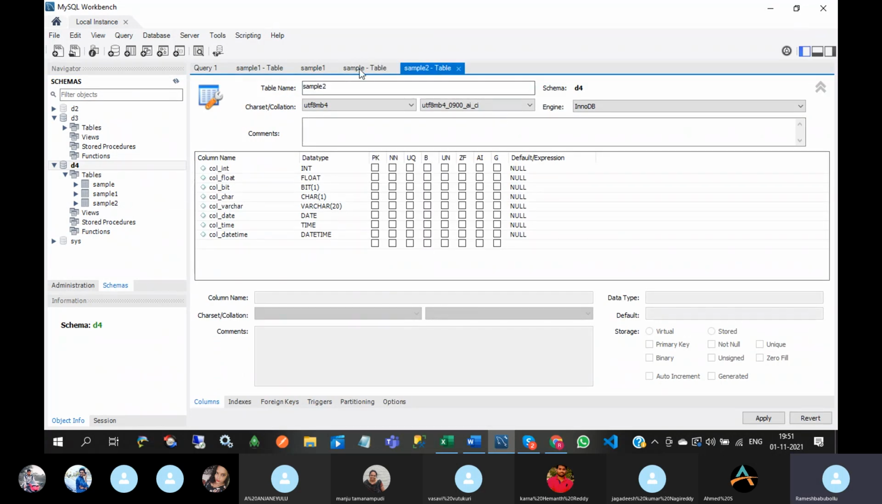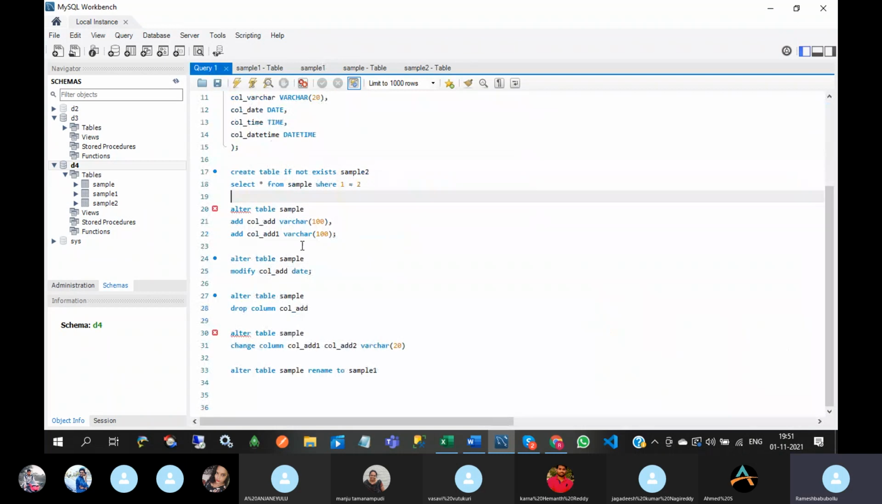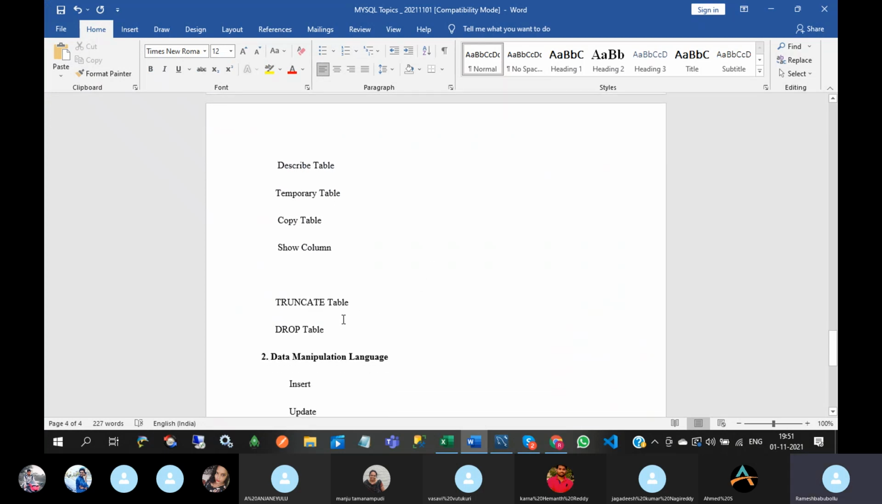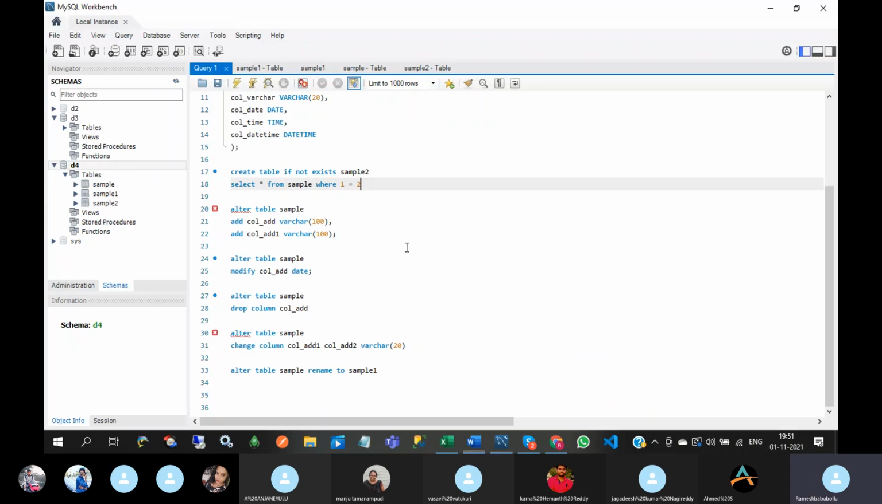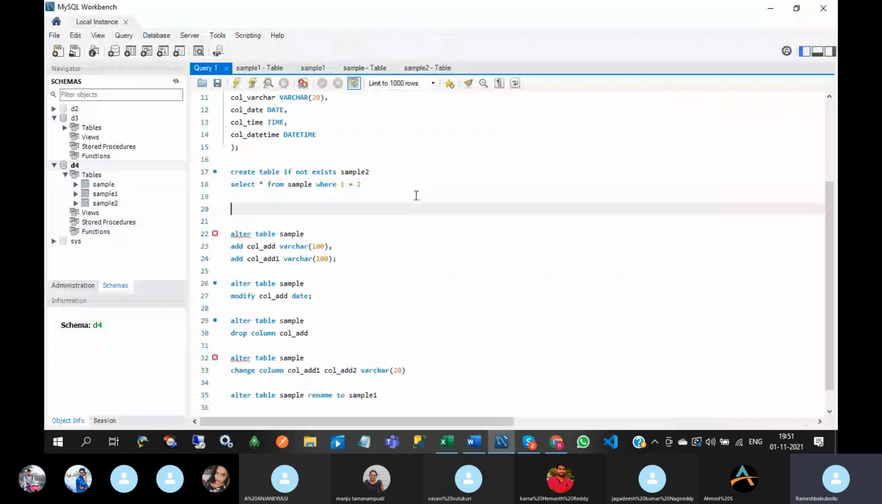This one is sample2. See this, so both are having the same structure. Okay, so this is the query to create a new table with the same structure as an existing table, and truncate the table, drop the table. So drop the table means query, see,